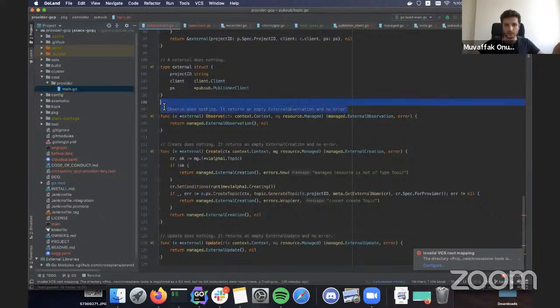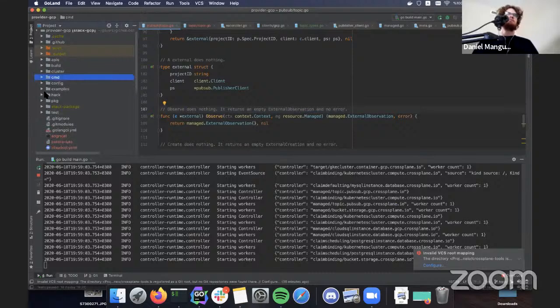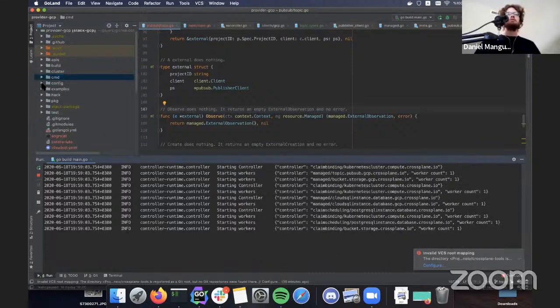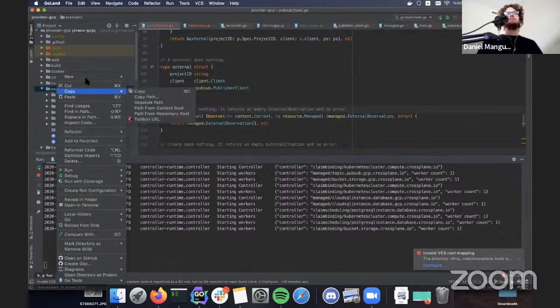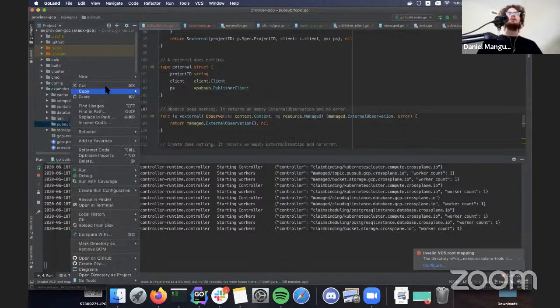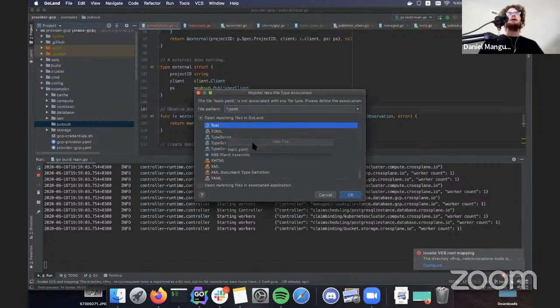We will update these comments later on. Also, just to mention this, Muvaffak is running this from his IDE here. There's also now a command where you can do make local dev, which is going to basically do everything he just did, except it's not actually going to get Crossplane running, because when you are running a provider by itself, it can actually be run standalone.